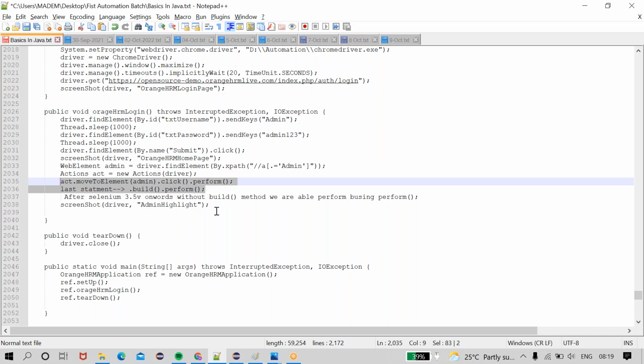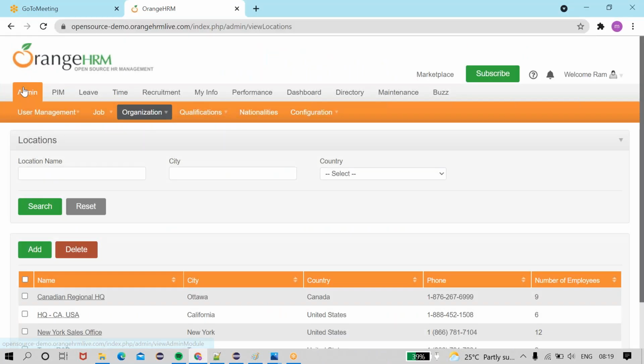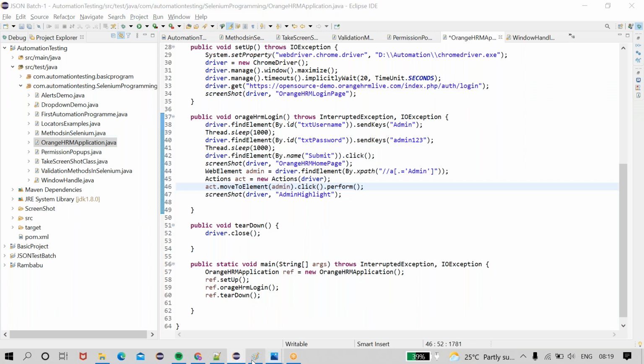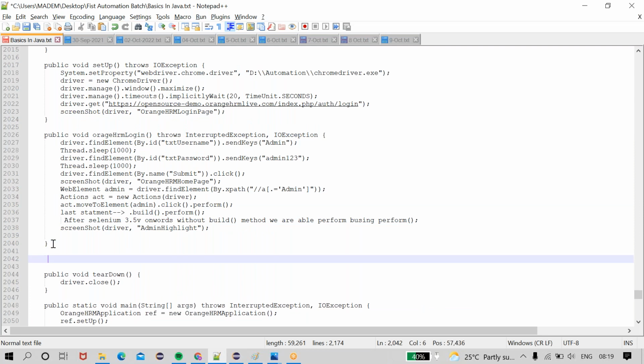Okay, I will tell you one more example so that you will get some clarification. Okay guys, see, as of now what I have done is I am just moving to this admin and clicking actions. Now I will do the method chaining. You know method chaining we discussed in Java. Previously we discussed...